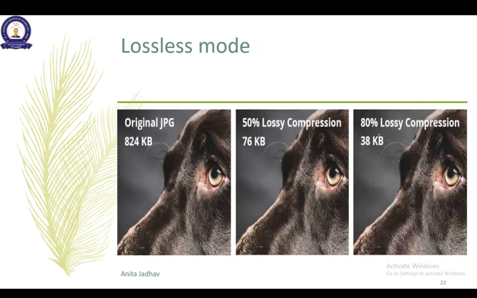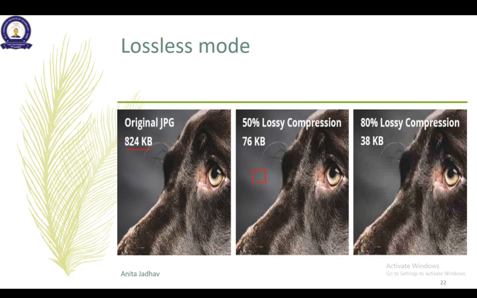Then you have a lossless mode also. Your other modes, like sequential and progressive, are lossy modes. In lossless mode I try to save as much as possible, and probably I will achieve only 0.5% compression, or only very minor compression. But if you see the quality here, when I have 80% lossy compression, then only I am able to see a blocky structure. Otherwise 50% lossy compression works fine with me. But yes, you should remember that we do have lossless JPEG as well. So you can see the size here, which makes a lot of difference.